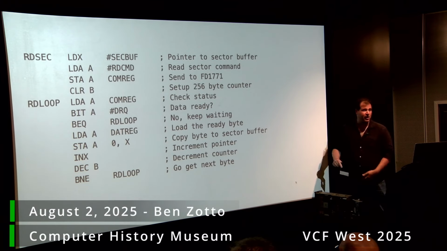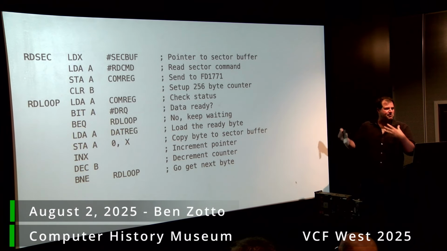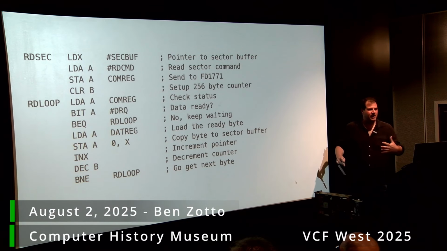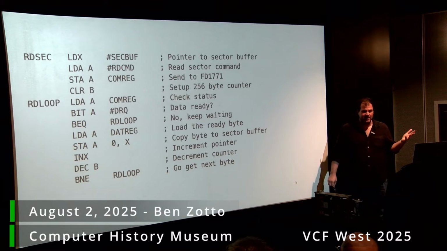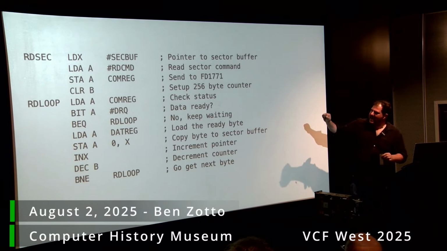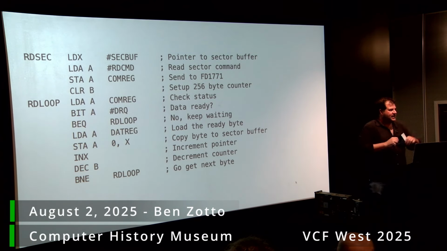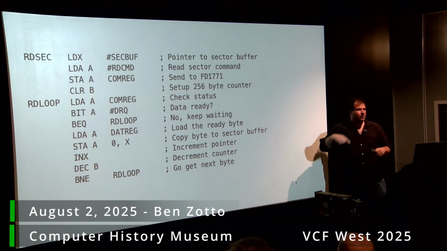So I go to my bit of code. You don't have to know how to read this. This is Motorola 6800 code. I'm like, this is the simplest possible loop to pull this data off of this controller. Is it not fast enough? There's the setup, and then we're looking at the status. Is data ready? No, we keep waiting. Otherwise, we load the byte if it's there. We store it. We increment our pointer. We decrement the counter. Still more to go? Okay, go back and loop again.